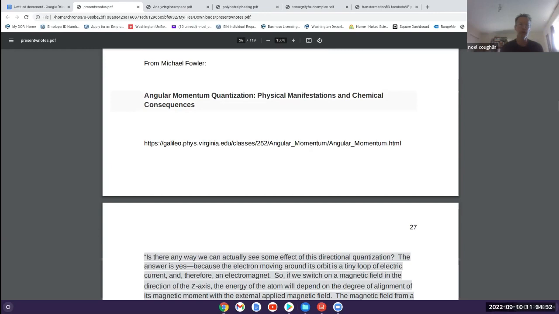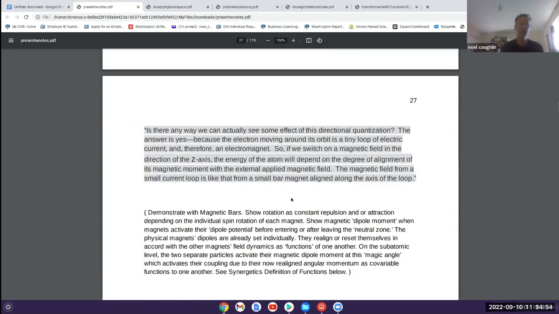Michael Fowler in this article, available there, says, is there any way we can actually see some effect of this directional quantization? The answer is yes. Because the electron moving around its orbit is a tiny loop of electric current and therefore an electromagnet, imagine,